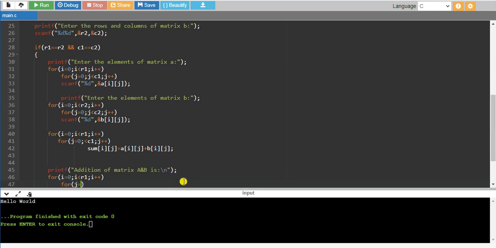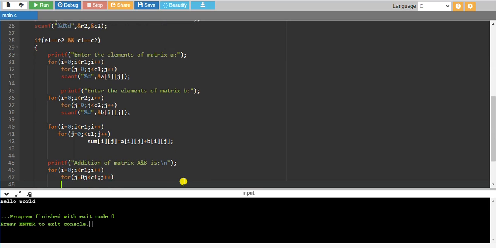For j equal to 0, j less than c1, then j plus plus, then print it, then printf, then percentage d, comma, sum of i j.